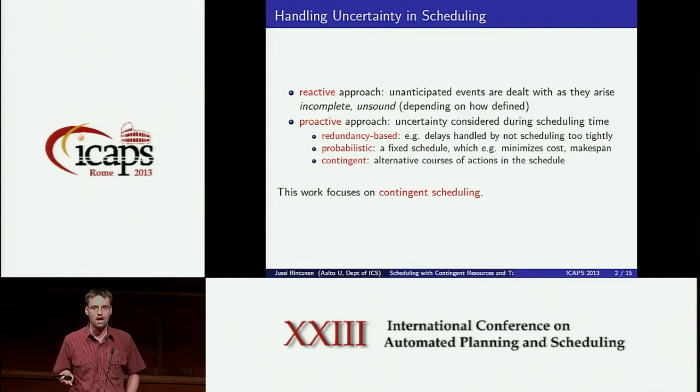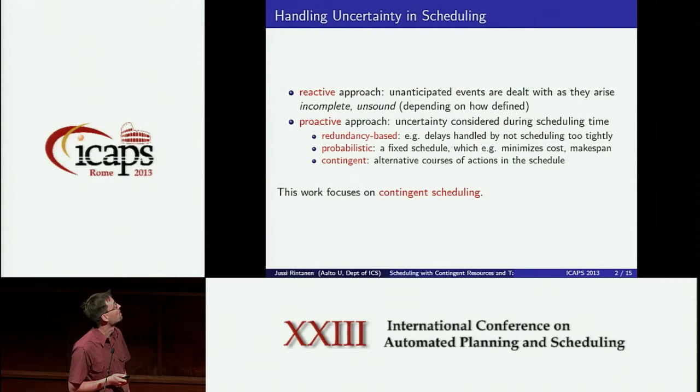You allocate more resources than you might actually need. It's just in case, to handle situations where you run out of time because of some delay. And the probabilistic approach, you find the best unconditional schedule that observes the possibility of failures or delays, but doesn't actually work differently in different kinds of